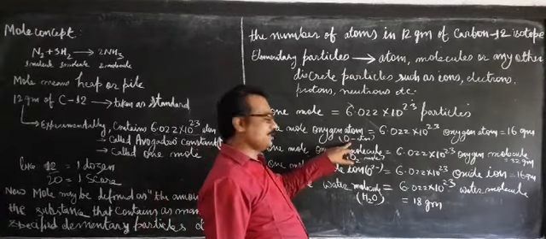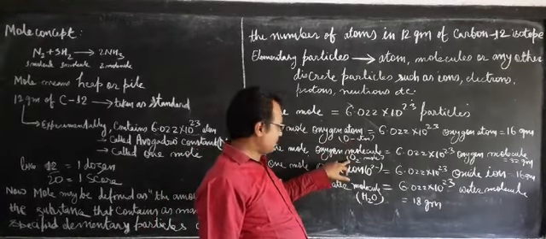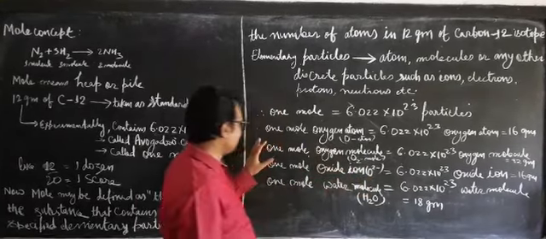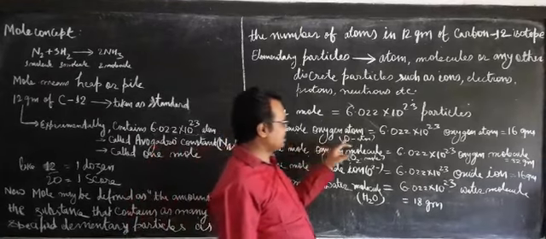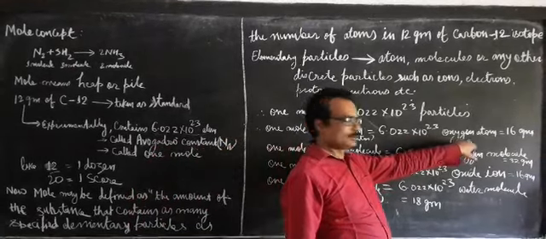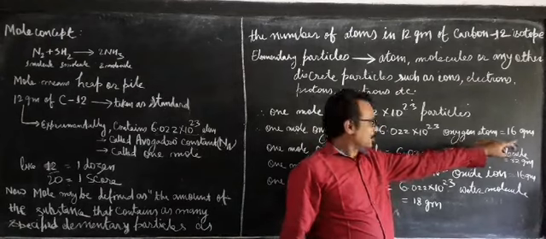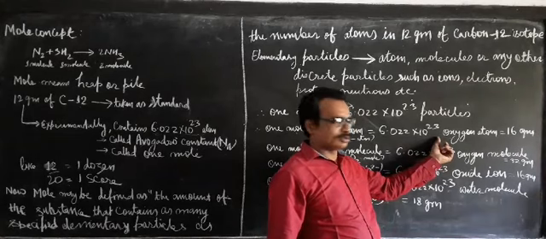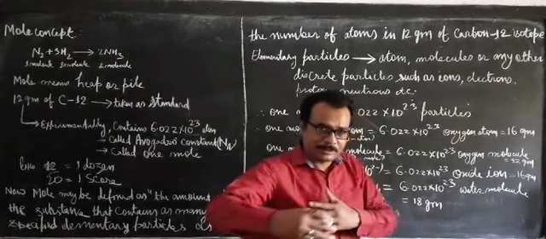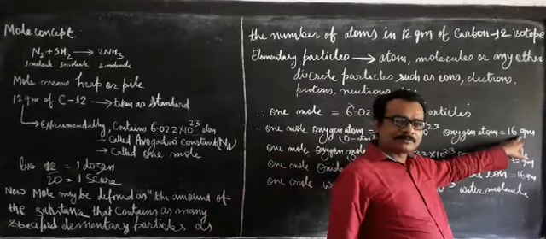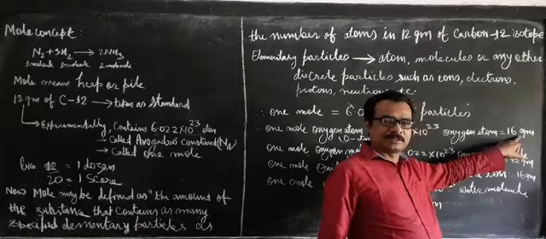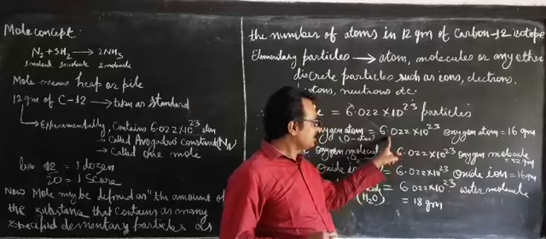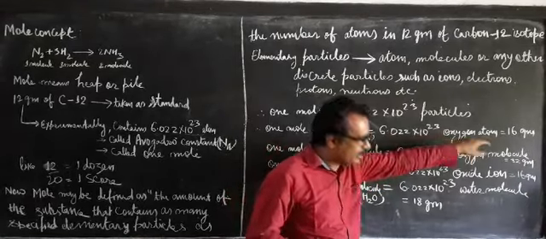So this represents oxygen atom, this represents oxygen molecule, and this represents oxide ion. Now in every case what have we taken? 1 mole of oxygen atom. So 1 mole of oxygen atom contains this much oxygen atom, and it is 16 gram. Take the mass of this number of oxygen atoms and what we will find? 16 gram. Or the other way, take 16 gram of oxygen atom and count the number of particles in it. You will find 6.022 into 10 to the power 23 oxygen atoms.